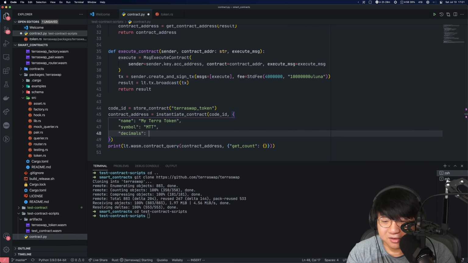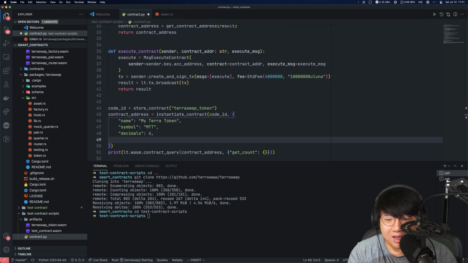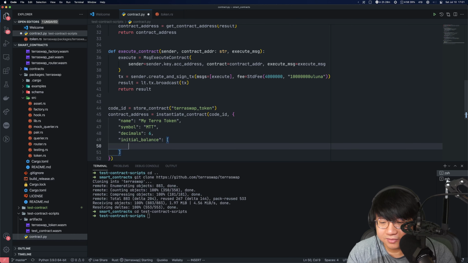I'm just going to use the mirrors convention and use 6. That means that one single unit of this represents 1/1,000,000th of that token. And initial balances, which is going to be a vector or an array of these type of pairs. So you need to do the address and just use the deployer for now. And then amount.